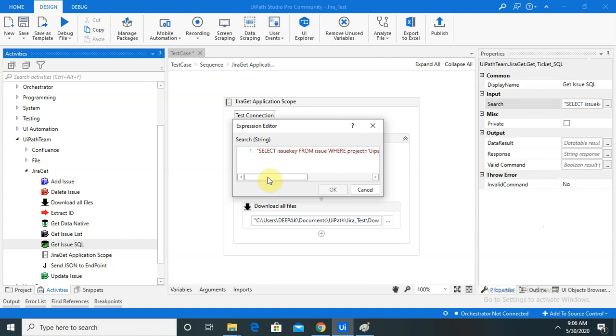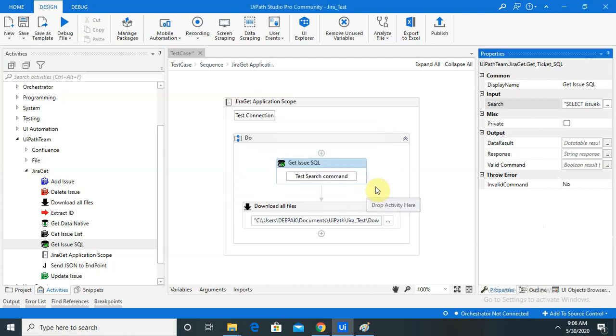Select issue keys means I want the issue number or defect number from issue. Issue is the table name which is created at the time of logging a defect from the project. Here we have to provide the project name, order by created, limit 50. This way, by using the SQL command, we are able to extract the data from Jira.